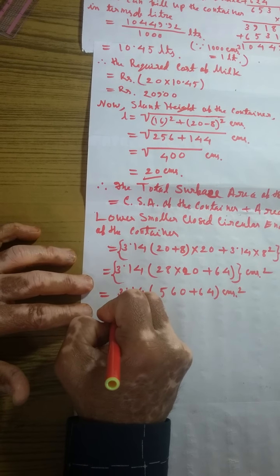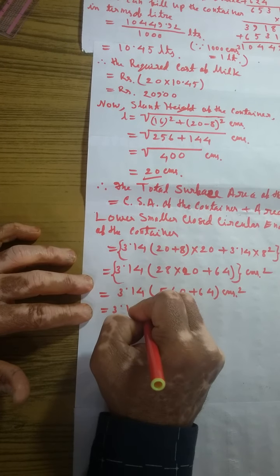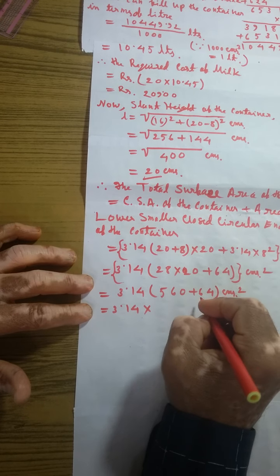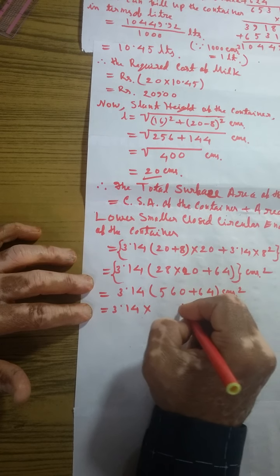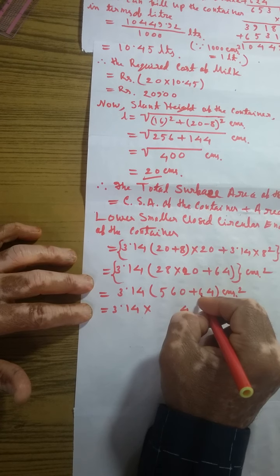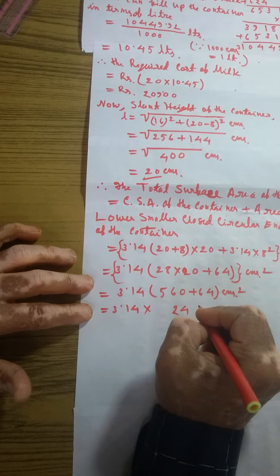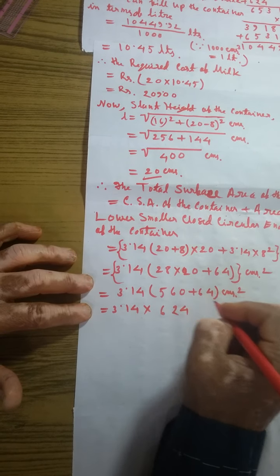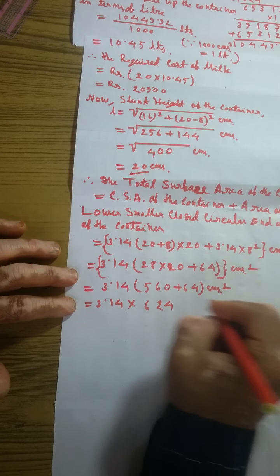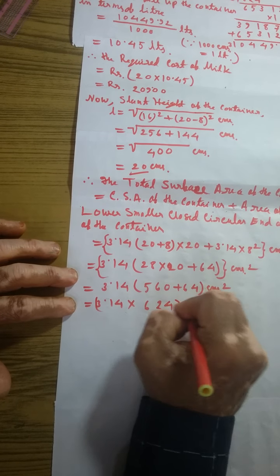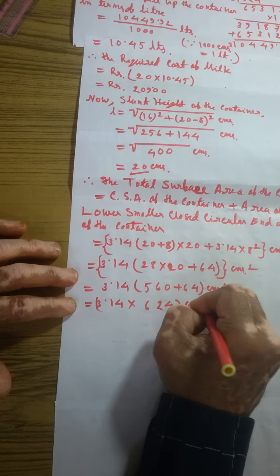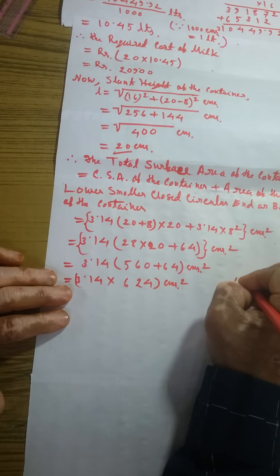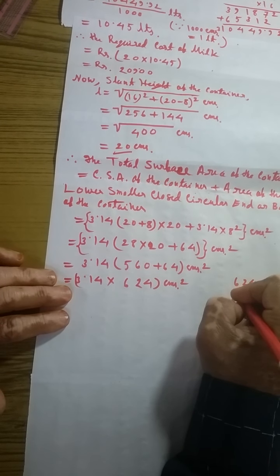This is again equal to 3.14 into, if we add these two terms, it will be 4 here, 6 plus 6, 12 here, 5 plus 1, 6, 624 centimeters square. Now if we multiply 624 by